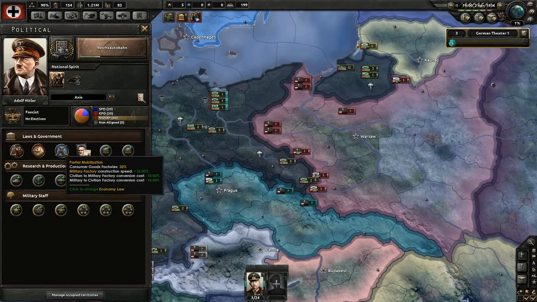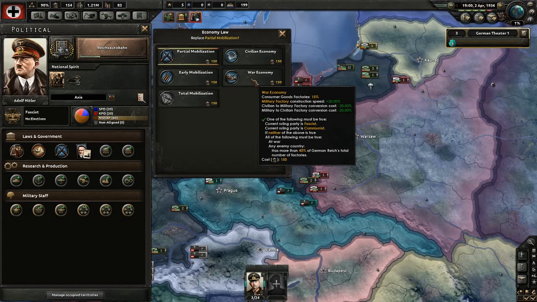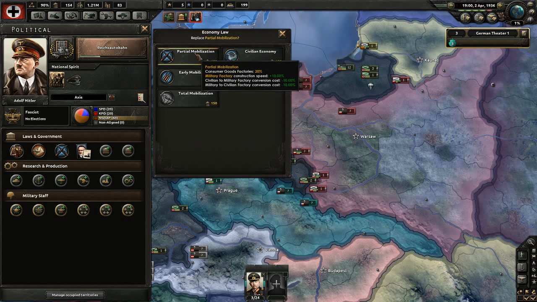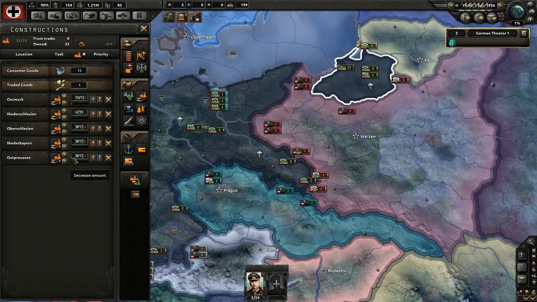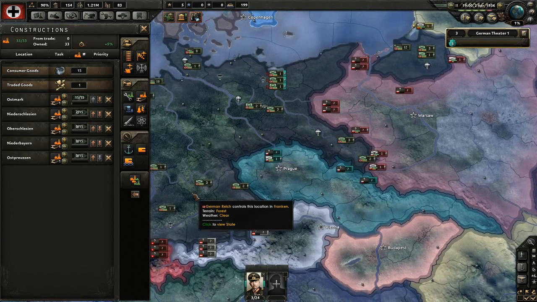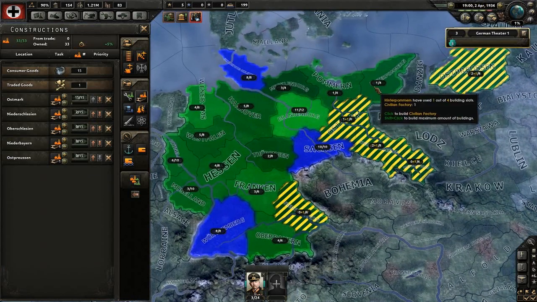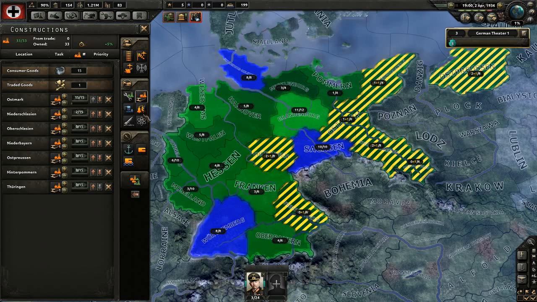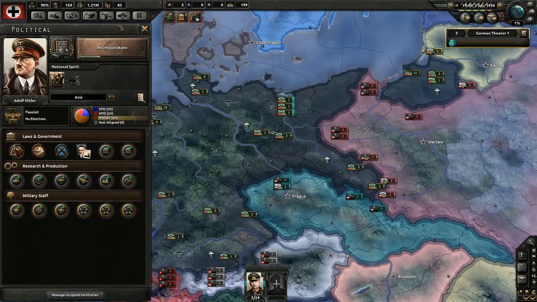I think the next best thing is to go over to the war economy. As you can see here, partial mobilization, you have 20% of factories going for, oh, and that's the other thing I forgot to do. A couple more. I'm not building any armaments factories yet, as you can see. We will be building more, but